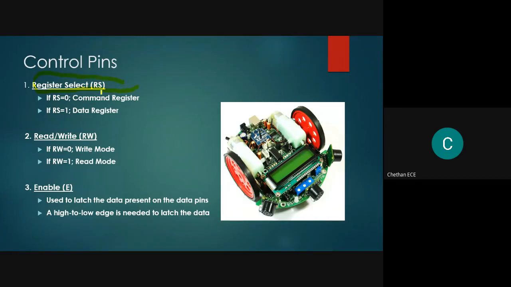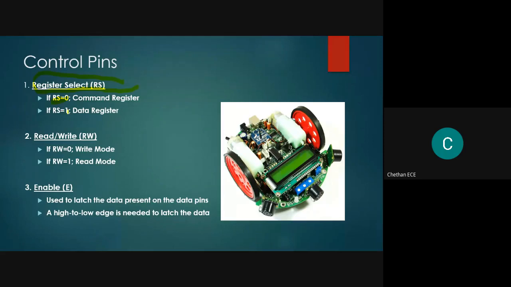This register select is used to decide whether we want to send a command or whether we want to send the actual data to be displayed on this LCD. We can set it to either 0 or 1. If we make the register select bit 0, we can send the command through the data pins of the LCD.